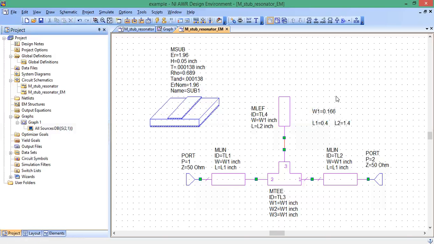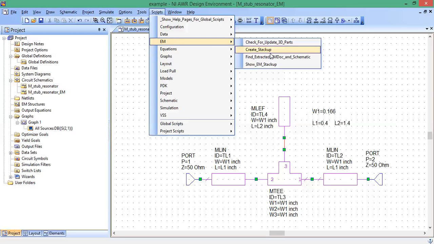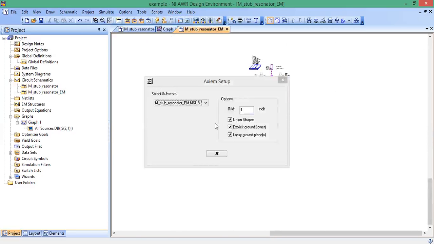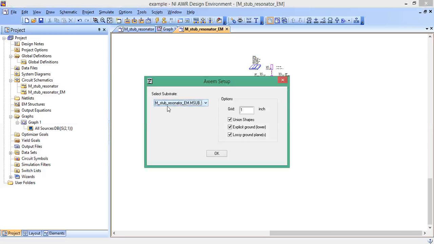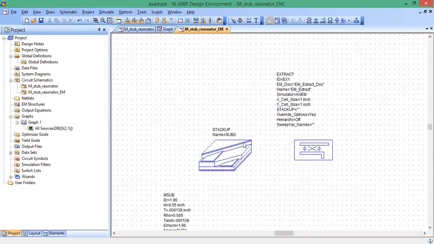Now, how do you actually generate an EM simulation from the schematic? The nice thing here is they have scripts. So let's go to scripts and go down to EM and then click create stack up. Click on that. And wait a second. Hopefully something happened. Oh, okay. We can leave all this, so it's going to select a substrate. This is this one substrate we have. We can leave all this stuff the same, hit OK, and then it automatically puts these new elements in the